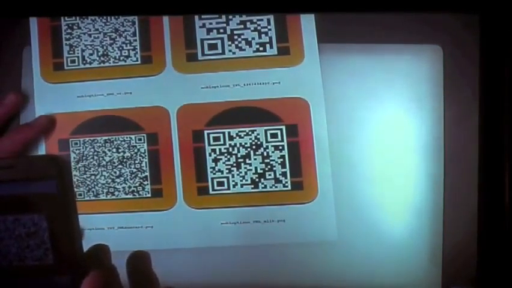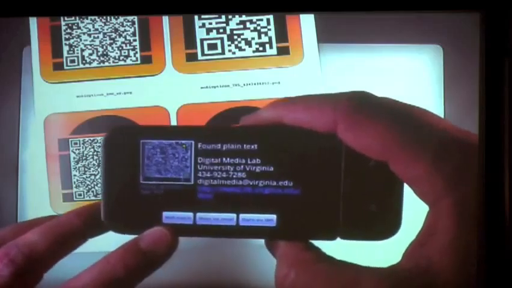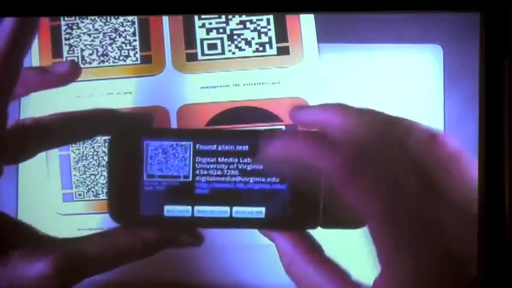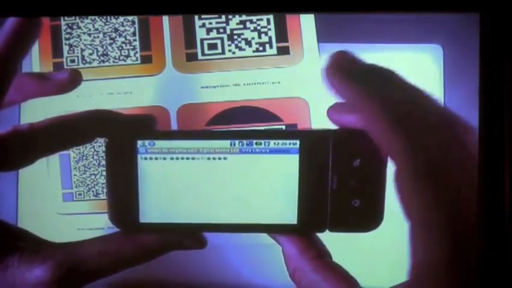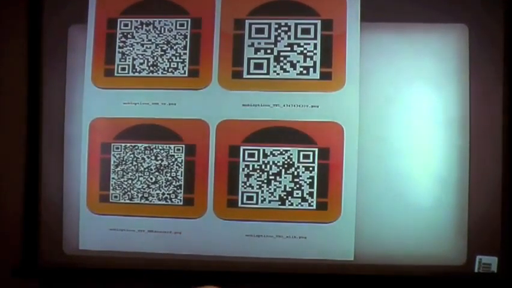URLs are the most common way of doing this, but you can also, like I said, encode a business card. And someone can just get your business card, they can send it to themselves via email, or they can do a web search on the information in here. There's a URL encoded in here, so you can go to the web and visit the web page for the URL that's encoded. But there's also SMS and telephone numbers, and when it figures out what kind of code is in there, it'll redirect the phone immediately to the application that can handle that code, whether it's your phone or your SMS texting or whatever. Like I said, right now, the best apps for it are on the Google platform,